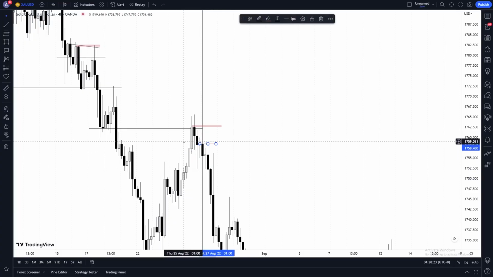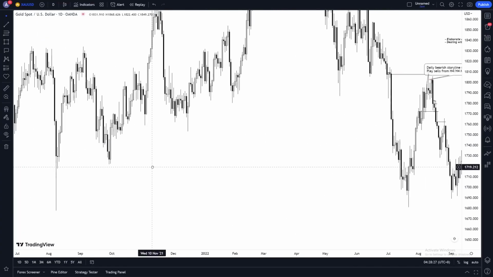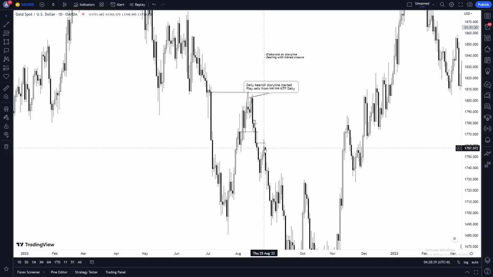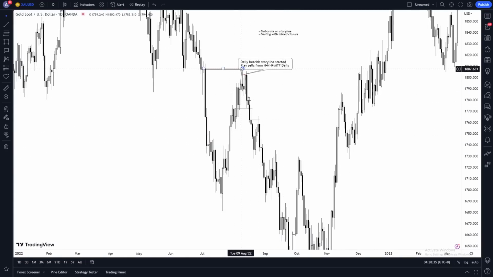Okay, you didn't enter that, no problem. Only take trades that you're confident in. That's my entire thing. And I don't think I actually took this trade, guys. Anyway, this trade is not a trade that I would have taken. Doesn't look like it would have been a trade that I would have taken. But anyway, you're too deep.